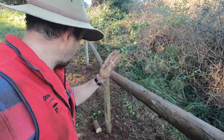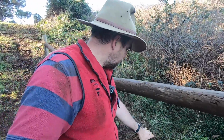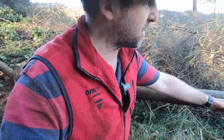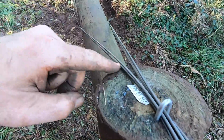Now, because we're also trying to keep the post in the ground and stopping the strain of the wire from levering it up out of the ground, what we want to do is run these wires here. Now they're going in the opposite direction to what you'd normally find on a box end assembly. Normally on a box end assembly you would have your wires coming from the base of the strainer post up to the top of the support post inside the run. We've gone the other way round and we've actually looped them up over the top of the post here, and you can see they're starting to dig into the post,